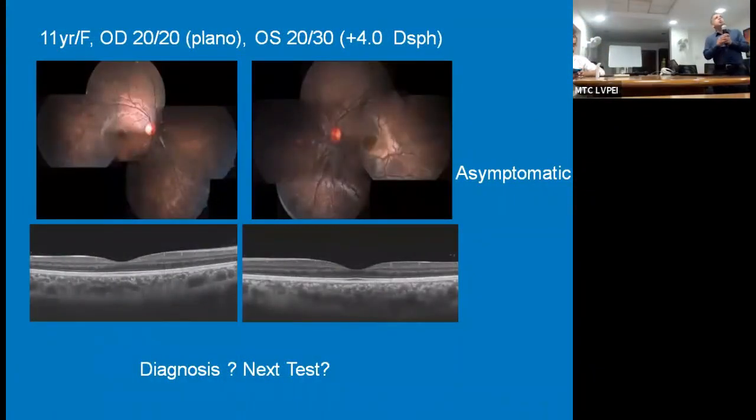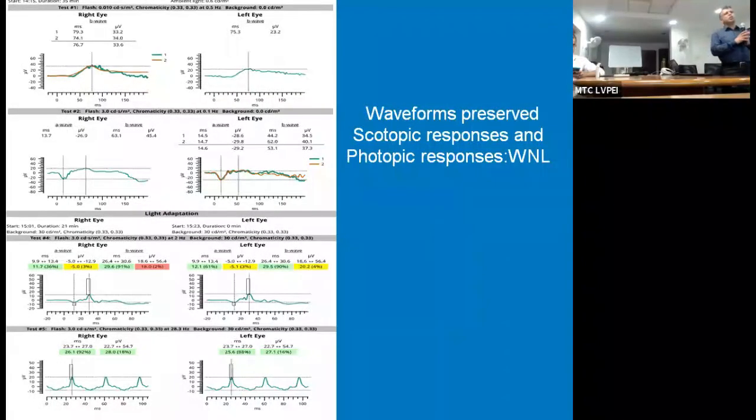This is an 11-year-old girl. You see, she is not symptomatic. But with small children, you never know, they might not be telling you well about their symptoms, but the mother and father noticed and said that she doesn't have any difficulty at night. But the referring ophthalmologist has referred the child as a case of retinitis pigmentosa. Looking at the picture, arterial caliber is normal. There is salt and pepper mottling. And here, OCT, you see, there are intact photoreceptors. From this information, we know that this is not a case of retinitis pigmentosa.